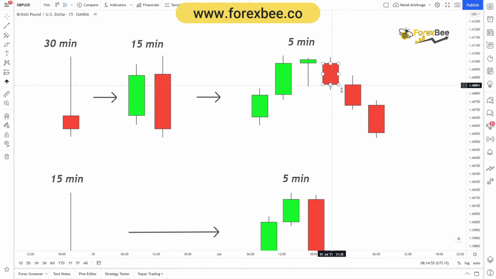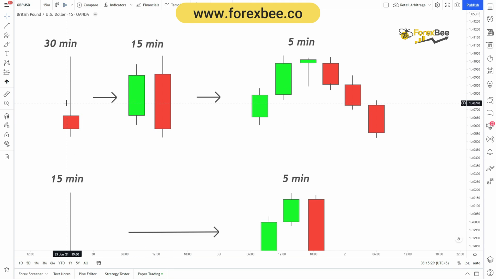And when we combine all 6 of them together, we will basically get a pin bar at the 30-minute time frame. So here you can see how looking at and observing candles at smaller time frames can tell us what will be happening at higher time frames without going towards higher time frames. Whenever you spot this pattern, this basically means the formation of a pin bar at